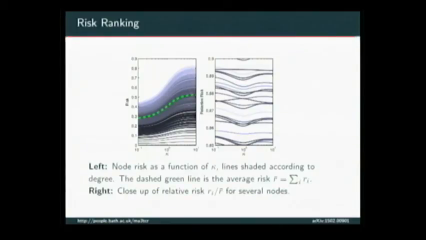And you can see that this ranking is in no way preserved. There's this strange feature that memoryless seems to be either a maximum or a minimum for most nodes, but you can't tell which one it's going to be. And they cross over each other. You've got this spaghetti. So again, the ranking of where should you seed your disease depends very strongly on the characteristics of the disease, but in a way that I find completely non-obvious. So I have no idea for any theory for this. So if anybody has any good ideas, I'd love to hear them.